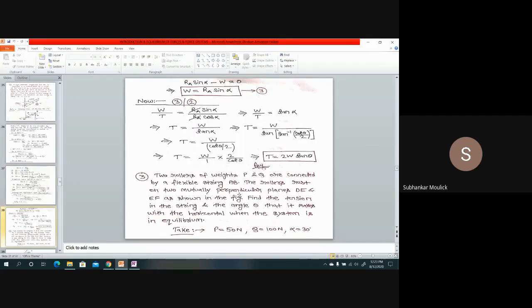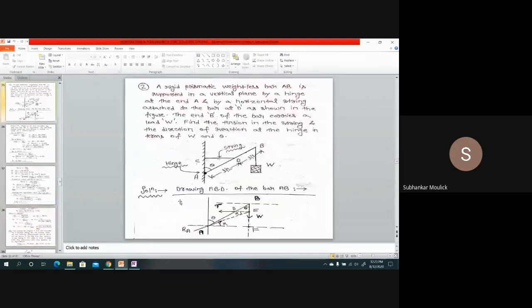Fine. We will solve 2 more problems, not in today's class. In the next class, we will solve 2 more problems. With this, we will end this portion, that means half of the module. The remaining half module is left, that is the moment portion, and we will take that up once we solve the remaining 2 questions. So your task this week is to see the book. I have shown you 2 problems and how to deal with them. You solve, see the book, many problems are there. Try to solve those problems.